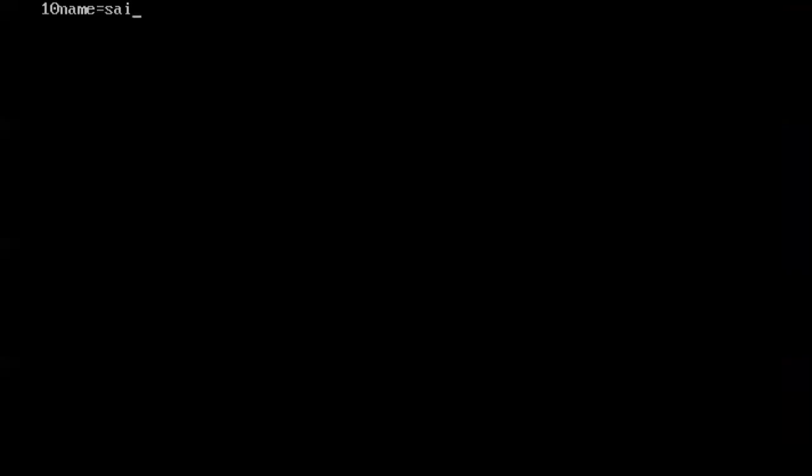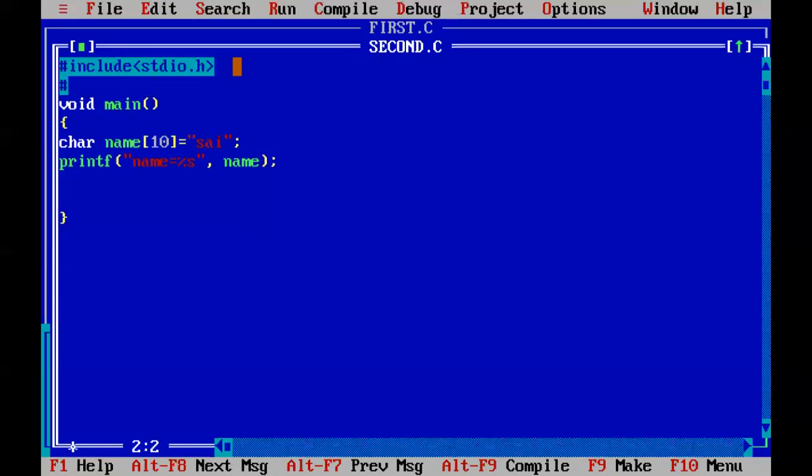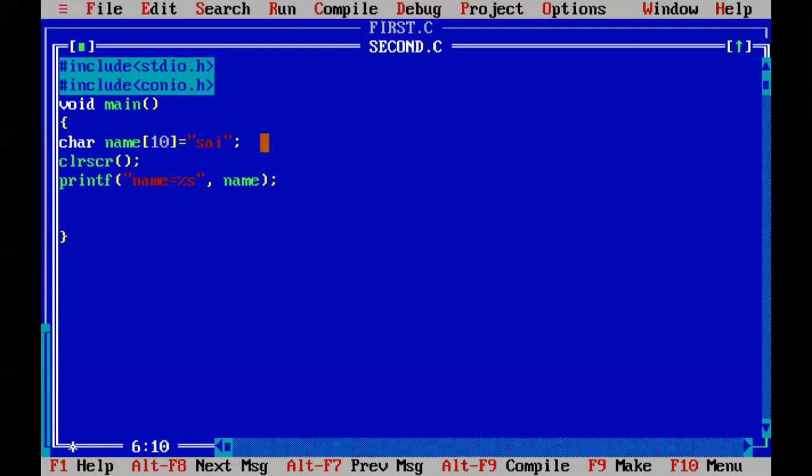What is the 10? 10 is the previous program's output. If you want to clear the previous program's output, you need to include one more header file called conio.h, and there is a function called clrscr, which is nothing but the clear screen function. Ctrl F9, Alt